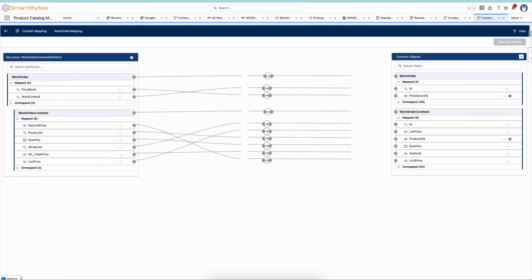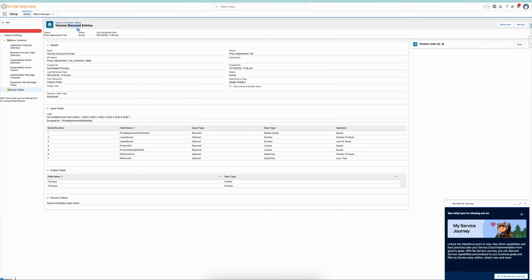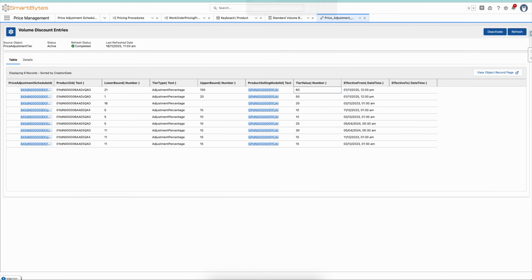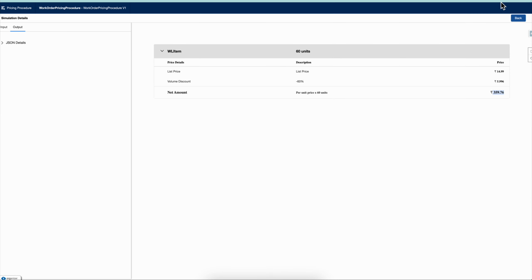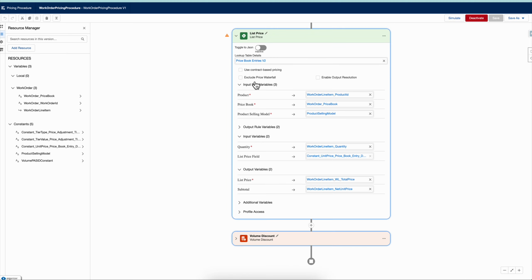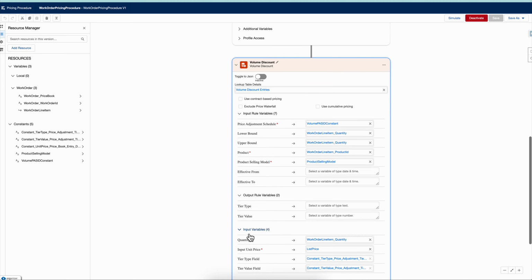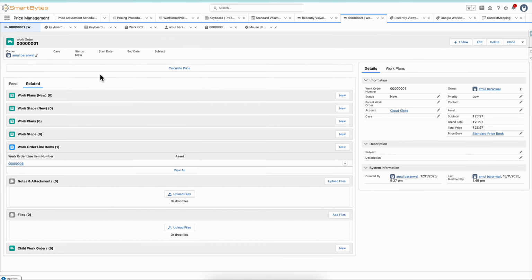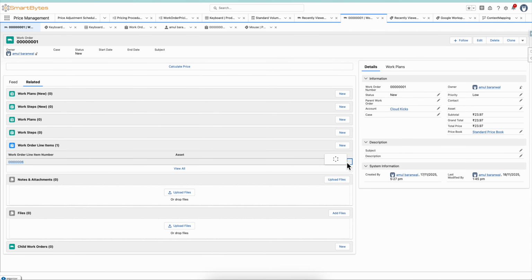So let me show you again which volume discount I am using. If I come back to the pricing procedure, let me come back here. So this is the volume discounting that I am using. In that volume discounting, this is where I have done the mapping. And in the volume discounting, if I delete this line, let's suppose I'm going to delete the particular line item from the work order,